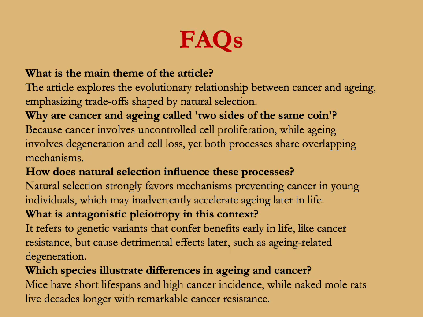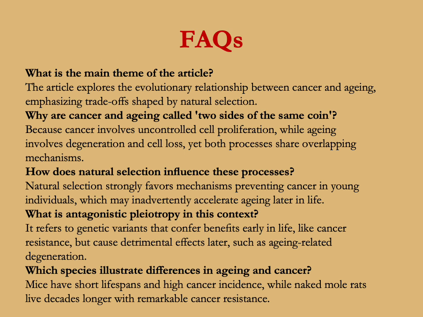What's the main theme of the article? This article explores the evolutionary relationship between cancer and aging, emphasizing trade-offs shaped by natural selection. Why are cancer and aging called two sides of the same coin? He says because cancer involves uncontrolled cell proliferation, while aging involves degeneration and cell loss, yet both processes share overlapping